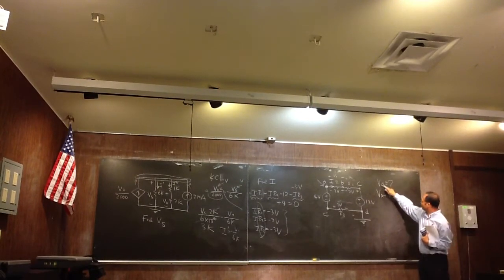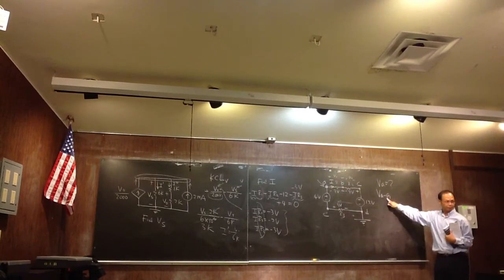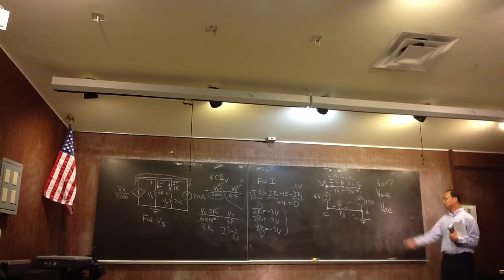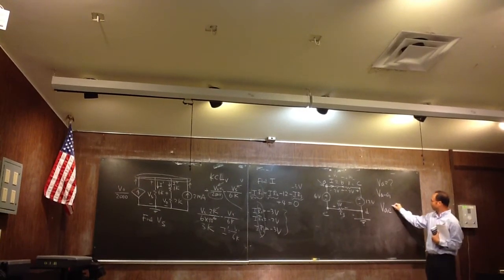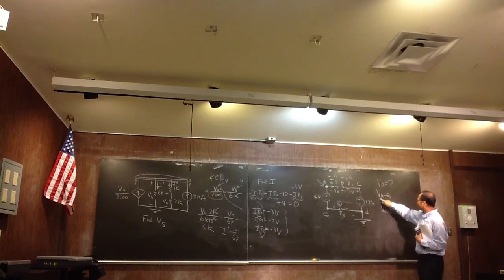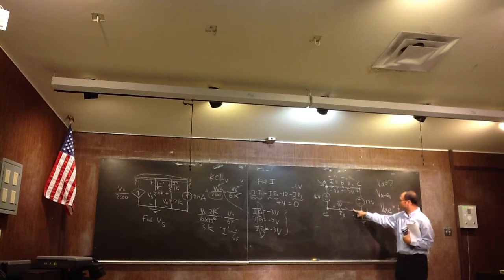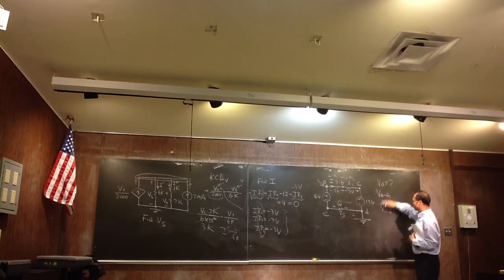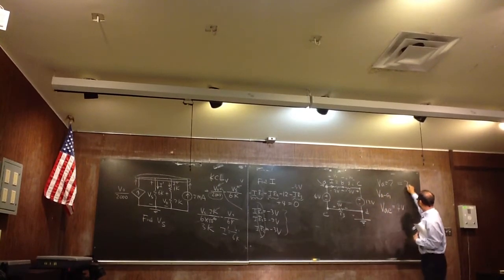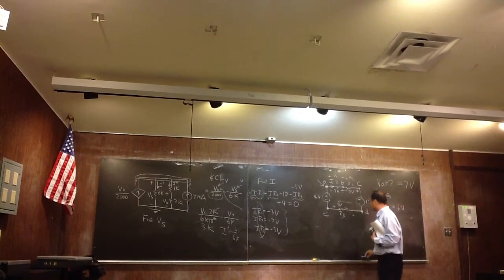If the second subscript is not defined, then that second subscript is always the ground. Or I can say V sub A E. Now you know what V sub A E is, right? But V sub A to the ground will be what? Will be this, and that. So what is V sub A? It is equal to 7 volts, right? Okay, now, if I change the ground to here,